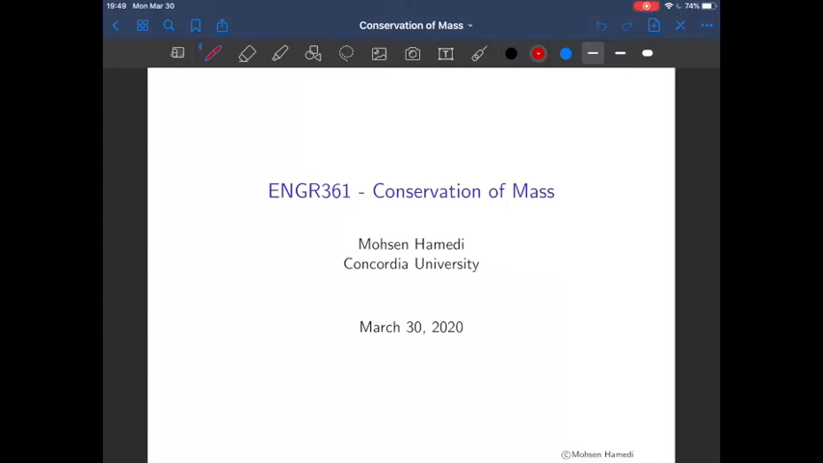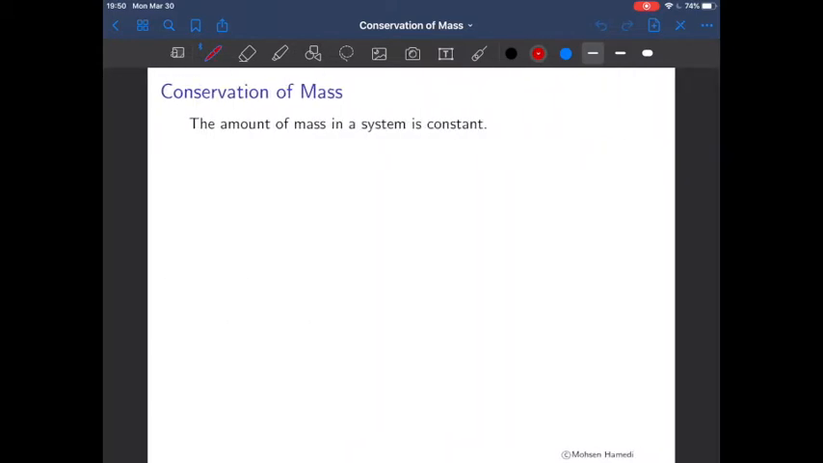Hi everyone, in this video I'm gonna give a brief lecture on conservation of mass and solve some problems. So the conservation of mass says that the amount of mass in a system is constant, or the time rate of change of the system mass is equal to 0. And here the time rate is defined as the material derivative,